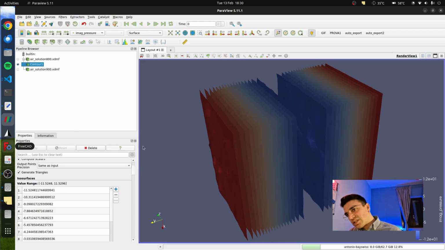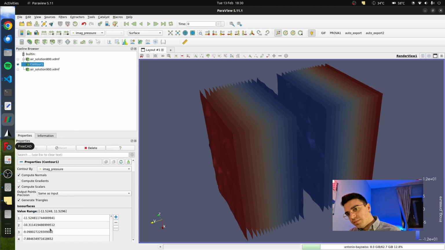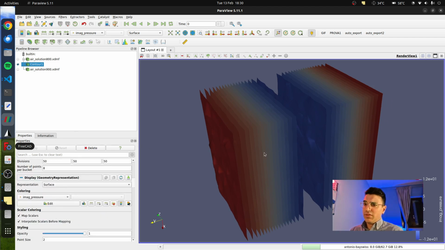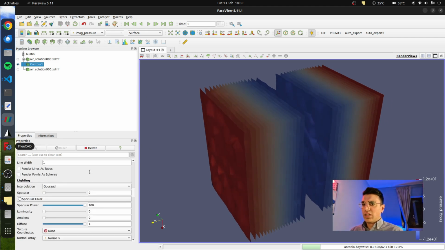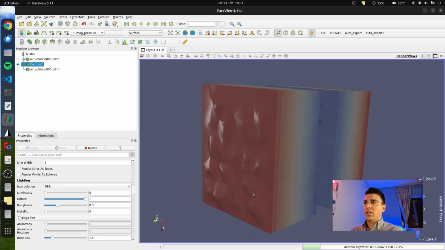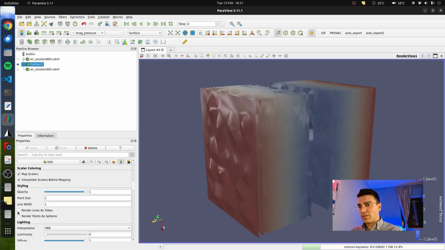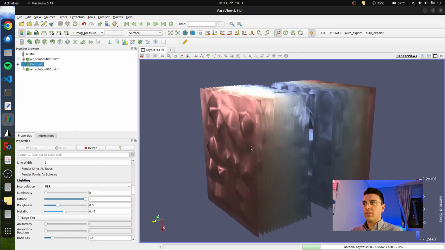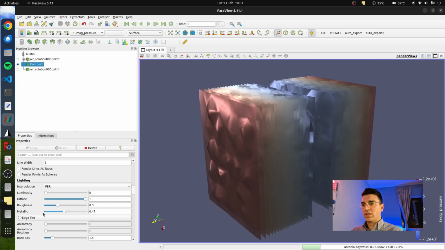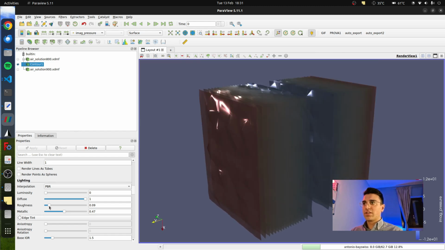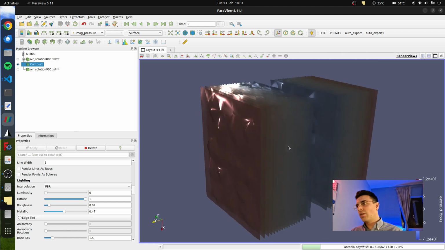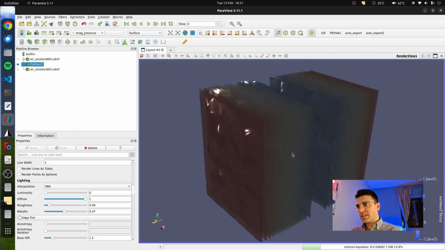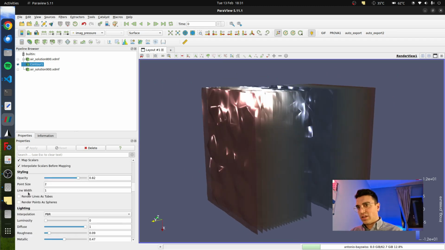So just some tricks for the ParaView visualization. You can change the interpolation algorithm. You can change transparency and opacity like this. You can give it a metallic behavior, as you can see. Reduce the roughness so it seems like a metal. I really like to make something like this, like giving